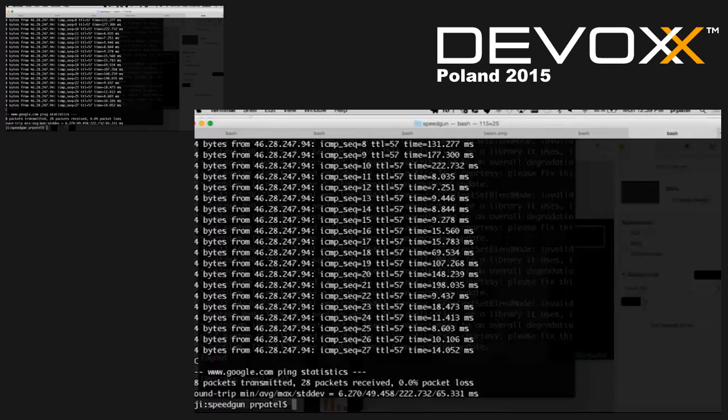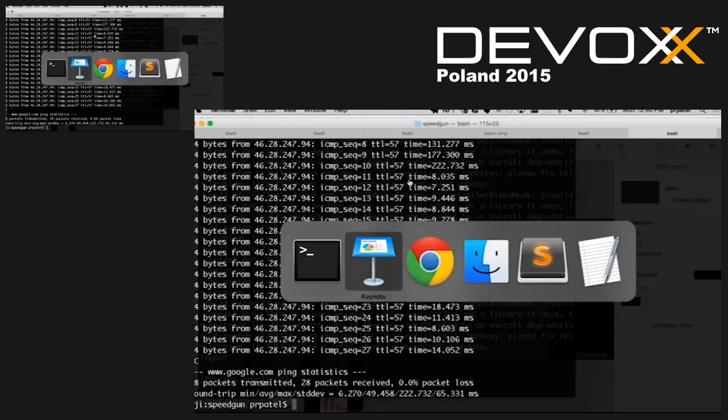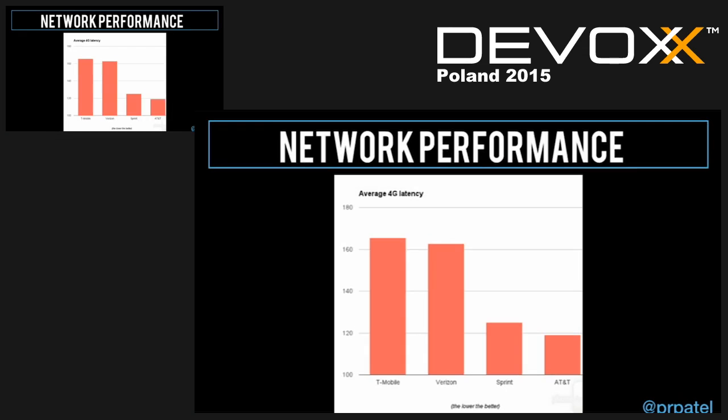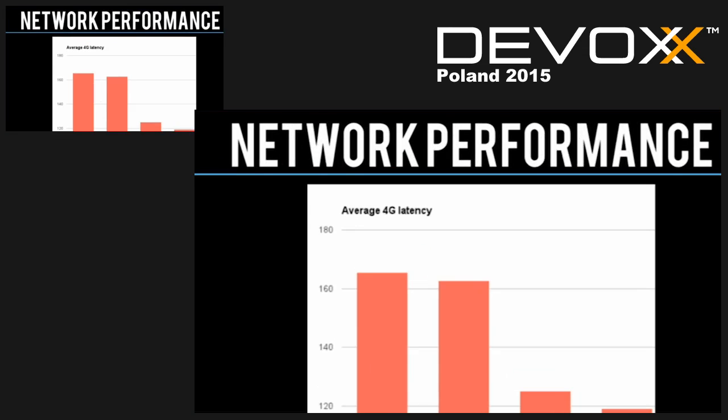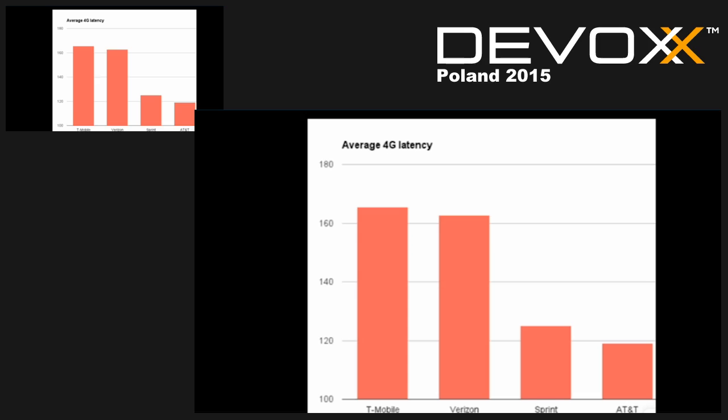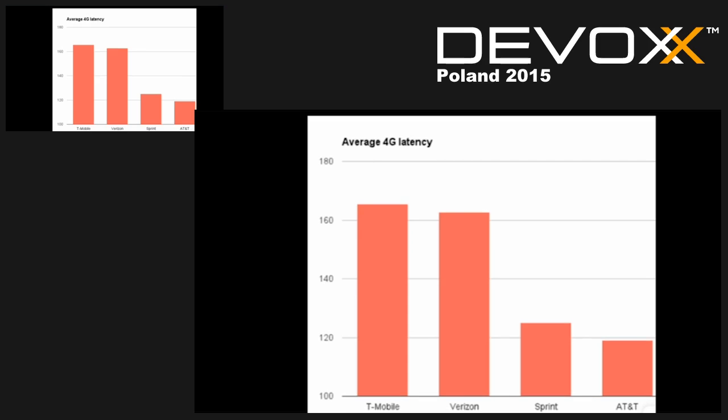When I'm at my office in Atlanta, we have fiber, and when I plug in an Ethernet connection into our fiber gateway, I get an average latency of around 1 to 2 milliseconds. So it's very low, right? But over a typical wireless network, which is what most people use on their desktop computer, the latency is actually not bad, right? It's around, let's say, 8 to 20 milliseconds. But on a 4G network, that latency is much higher, right? So you can see it's 150, 120 milliseconds, somewhere in that range,